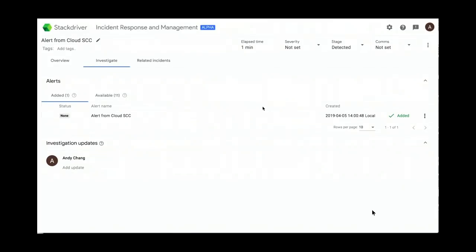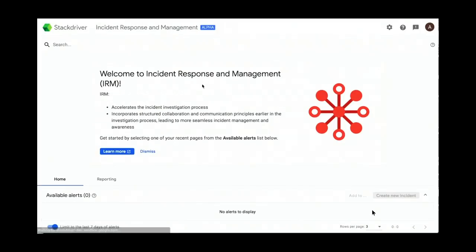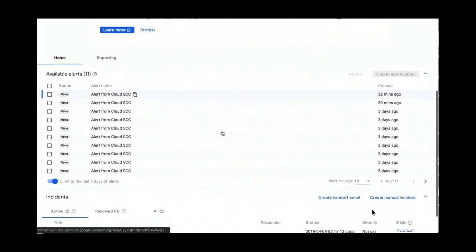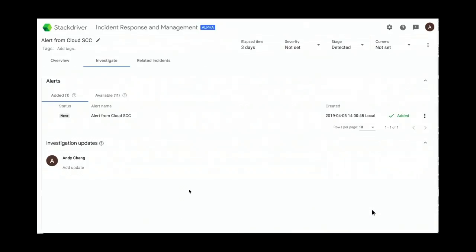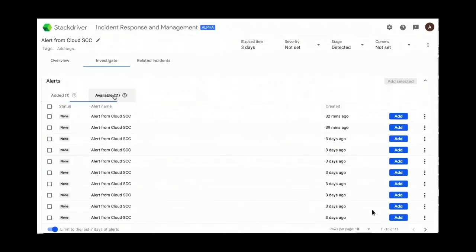Now it's sitting in that underlying incident. We can also look at what other signals and incidents are ongoing. And so you can see there's a number of alerts from Command Center that we could add in over the last 3 days, as well as there are currently 2 incidents set up. If we pick that original incident we just did, we can now go ahead and look from the available ones, add another incident,